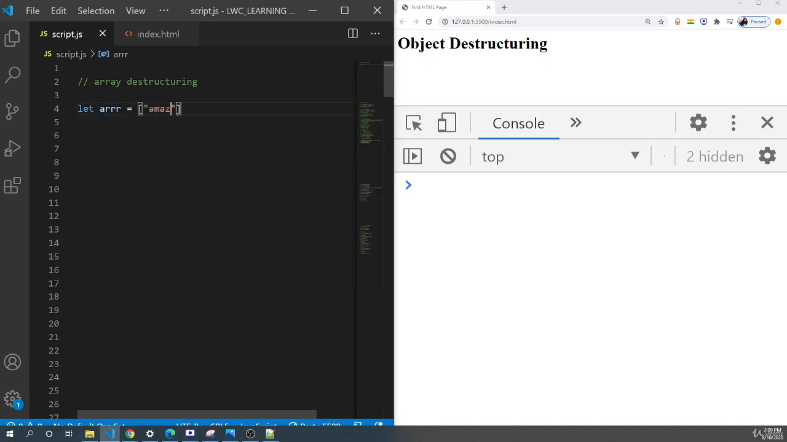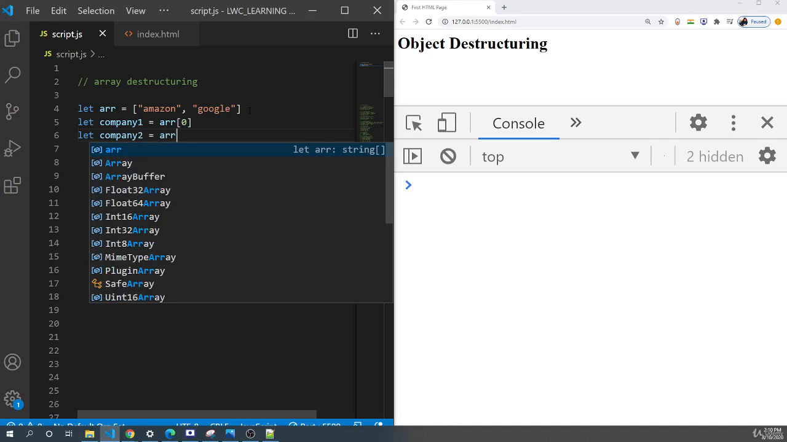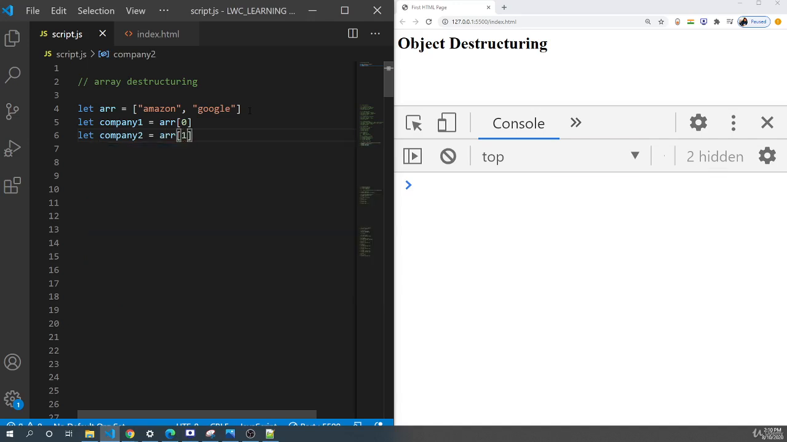I'll say Amazon, Google, and let's keep it with two values in the array. If I want to store these values into variables, right now what we do is say let company1 equal to arr[0], let company2 equal to arr[1]. Till now we are following this pattern, but what destructuring says is, instead of writing this cumbersome or long code,